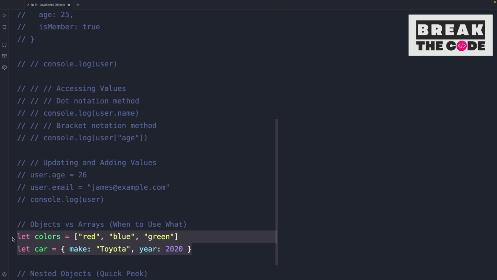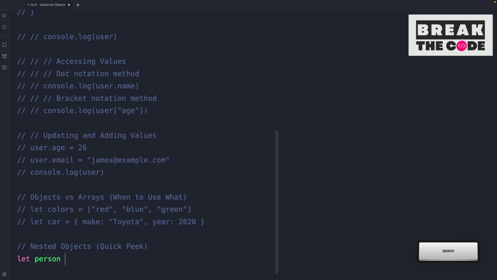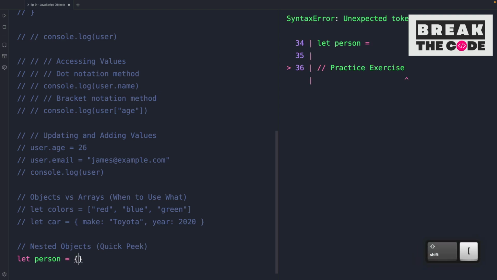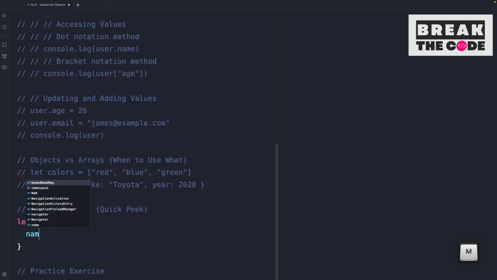Okay, let's comment this out and talk a little bit about nested objects. So you can even put an object inside another object. We will explore this more later, but I want to give you an example of that. For example, let person equals, and then open curly brackets for the object. And then the first key is going to be name. And then we have James,